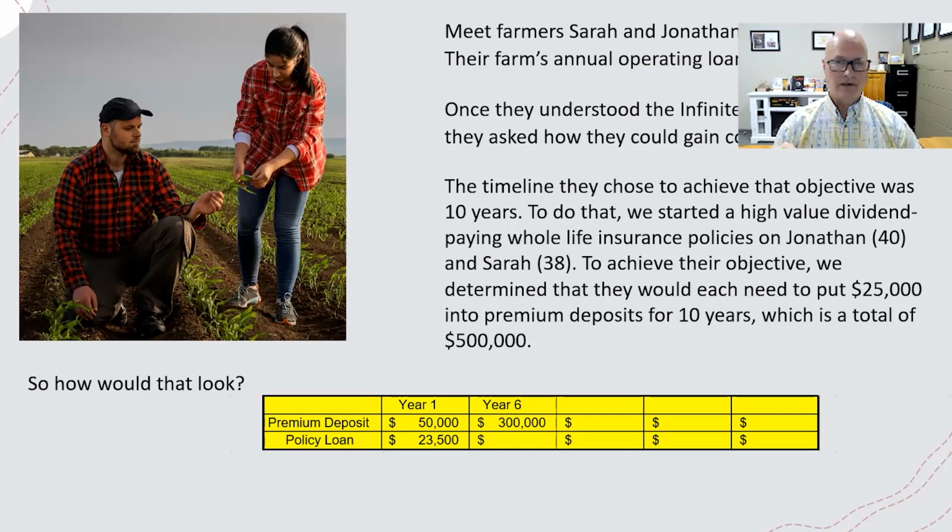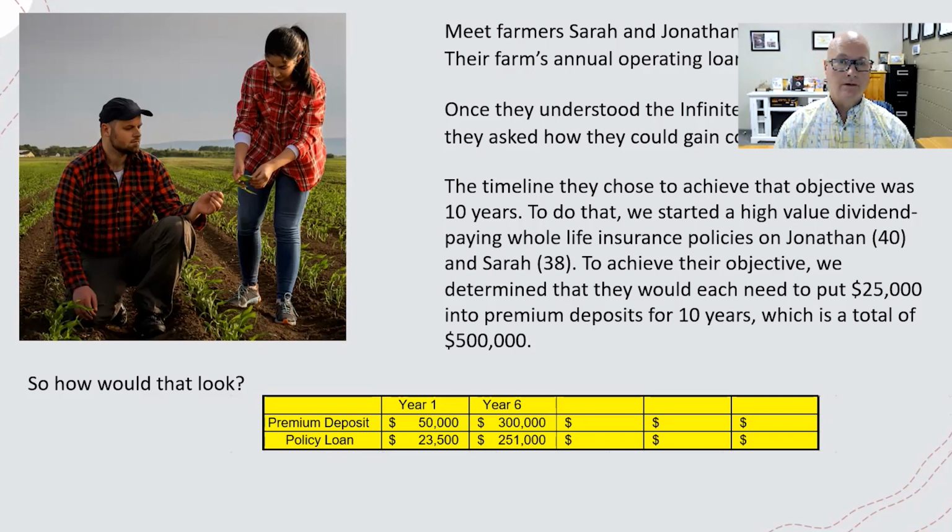Now, all the way through these years, they've been taking that policy loan, paying it back with interest, just like they would with the loans they're presently using. So they haven't changed that. What they've started to do is change their dependency on those other third-party lenders. At this stage, just after 5 years is over, the first month of the start of the 6th year, they now have access to